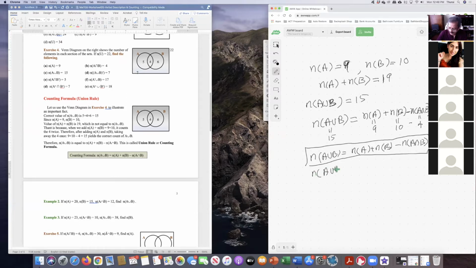Count of A union B equals count of A, which in this case is 20, plus count of B, 15, minus intersection 12. So 35 minus 12,